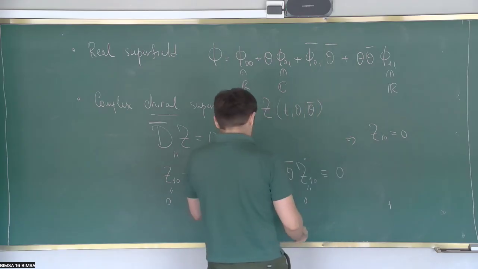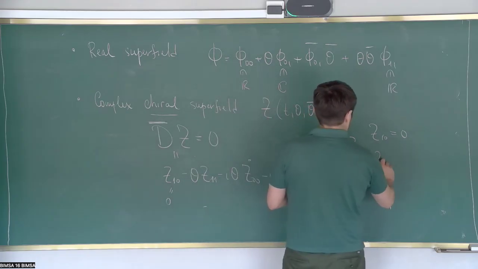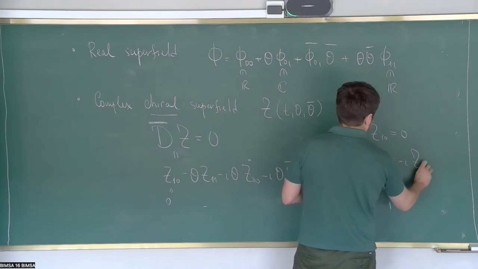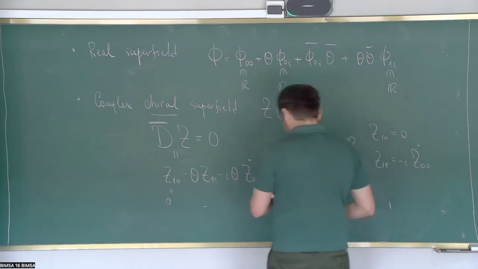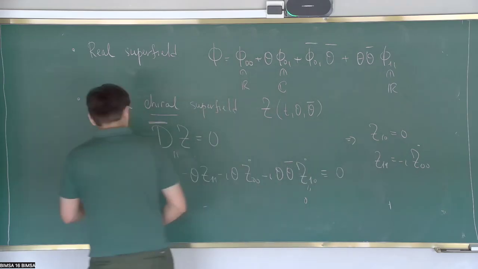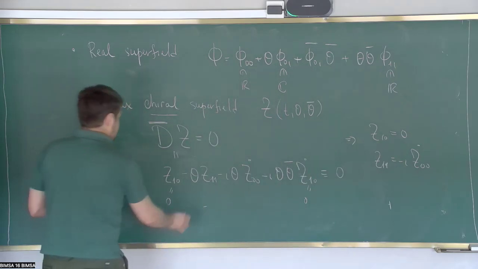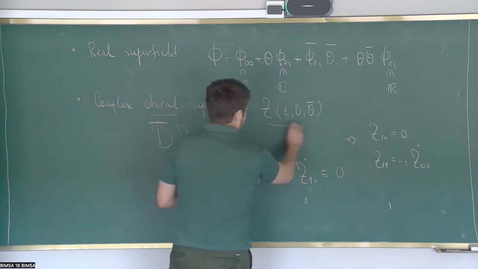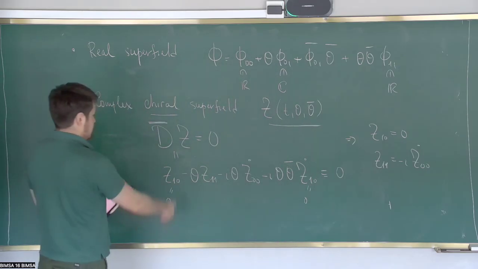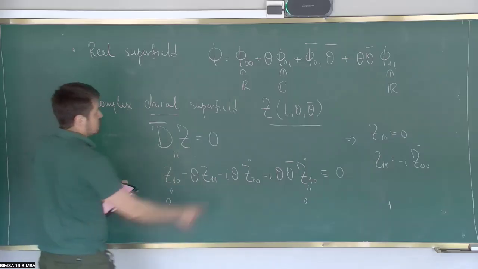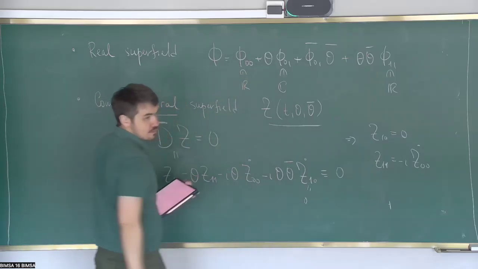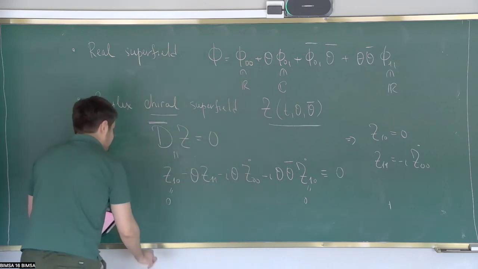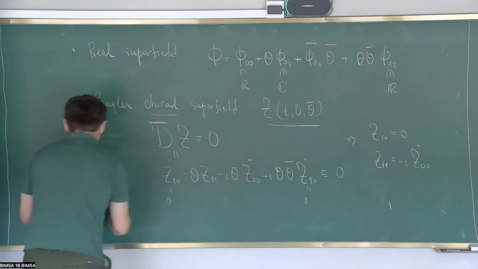And z11 is minus i z0 dot. That means that if we now substitute this into the expansion of the thetas, I just differentiated the generic field, I just substitute your z's everywhere. Okay, this is a real one, so don't look at this one. But that means that z can be written as